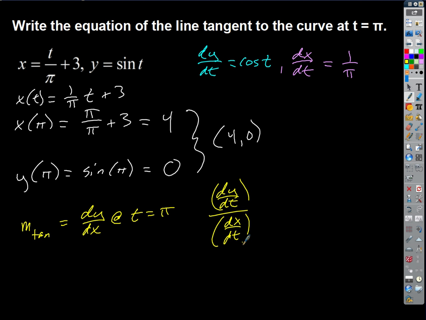If I divide those, that's equivalent to dy/dt times dt/dx, right? Either way, it doesn't matter. Either way, aren't I just going to get cosine t times the reciprocal of dx/dt, which is times pi,